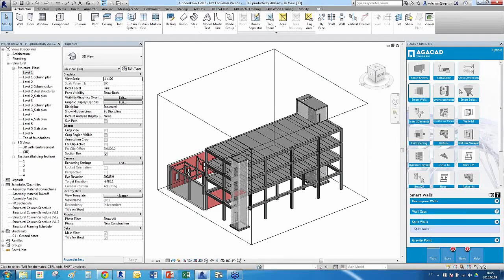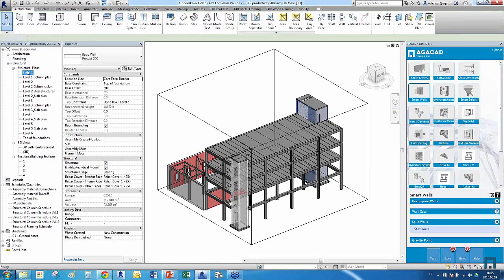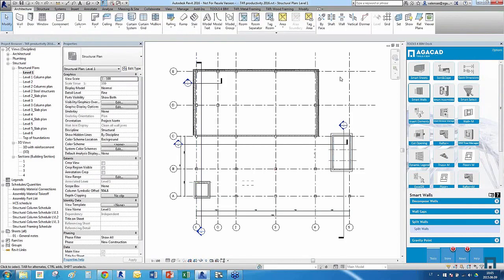So we have here, I have loaded all the tools I will use and the sample project. So just let's get started. I will switch to level 1, and you can see here